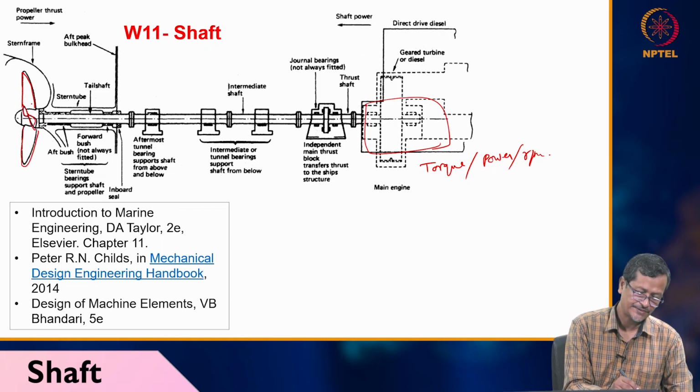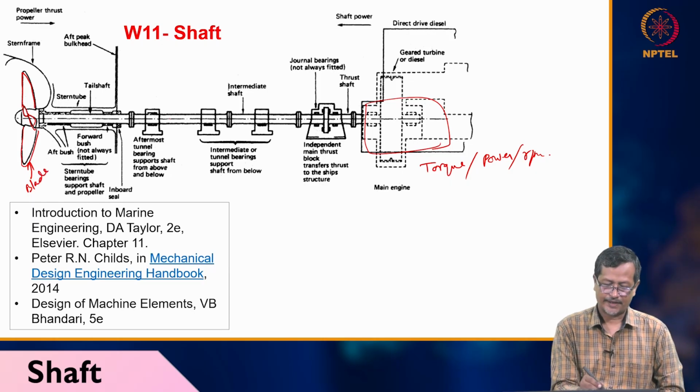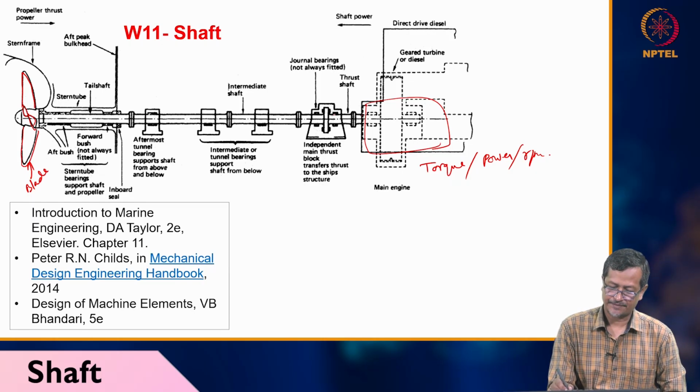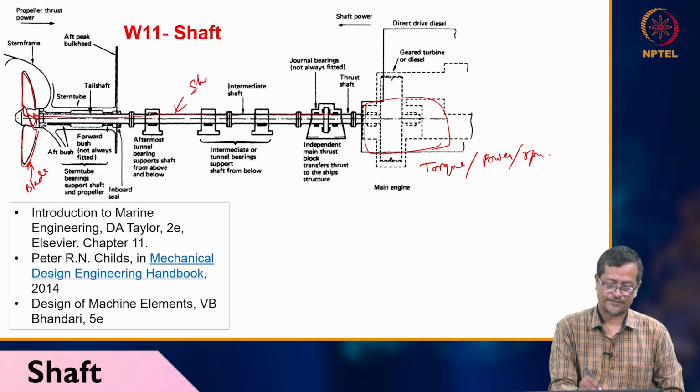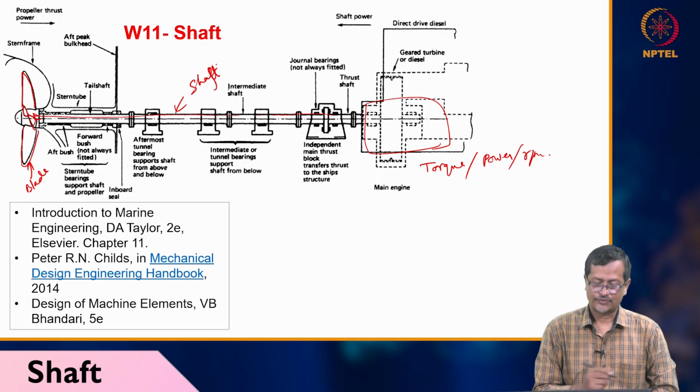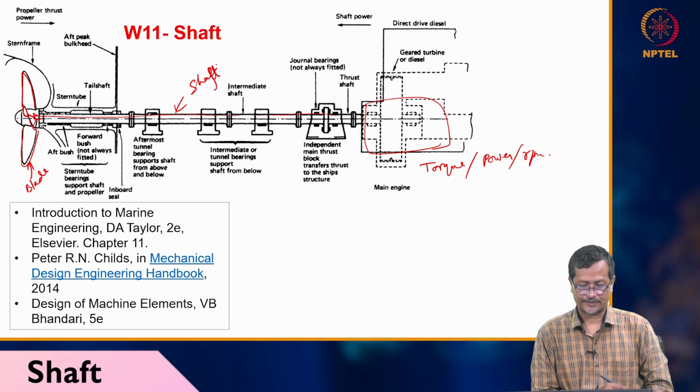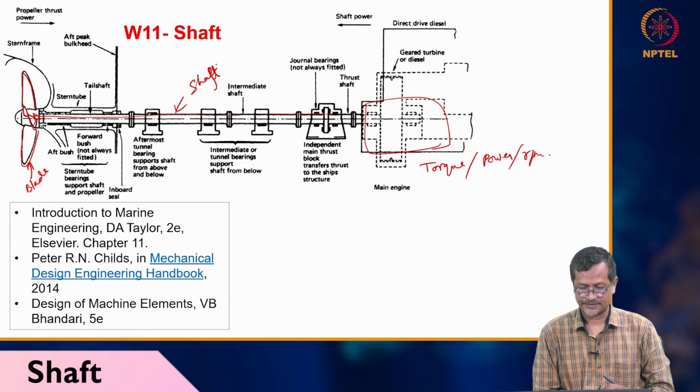These are propeller blades. This is blade of propeller. And this shaft is transferring power from engine to your propeller. This is shaft. Now the shaft is not directly connected to your propeller. There will be several fittings and other things. You have seen here